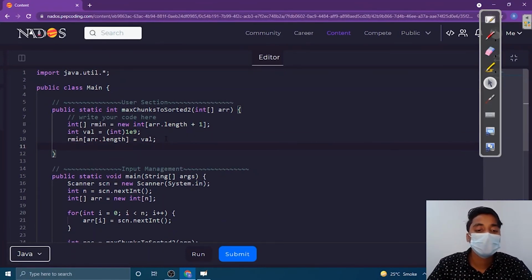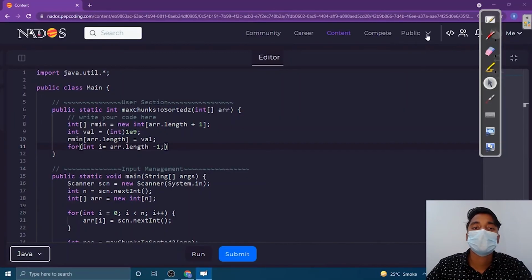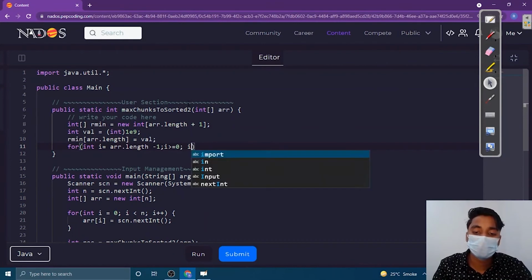Now we need to find the rmin for int I equal to array dot length minus 1. For finding the rmin, we need to traverse from the backside of the array, from the last index. I is greater than or equal to 0, I minus minus.